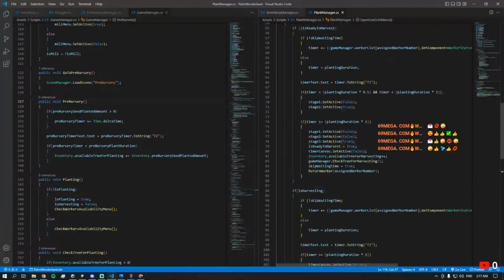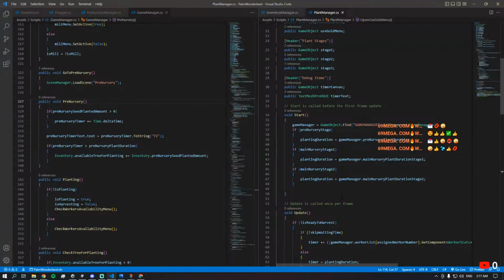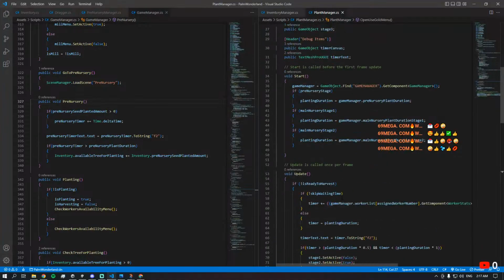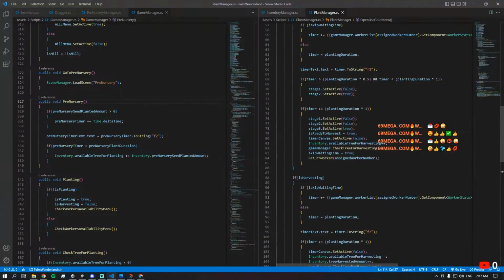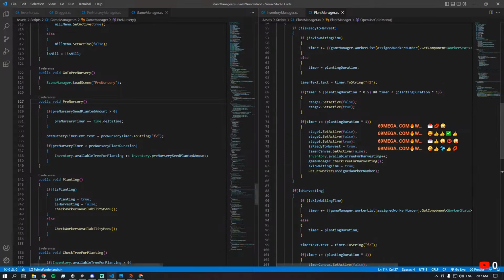Who's calling open use go menu? Plant manager. Anyways,